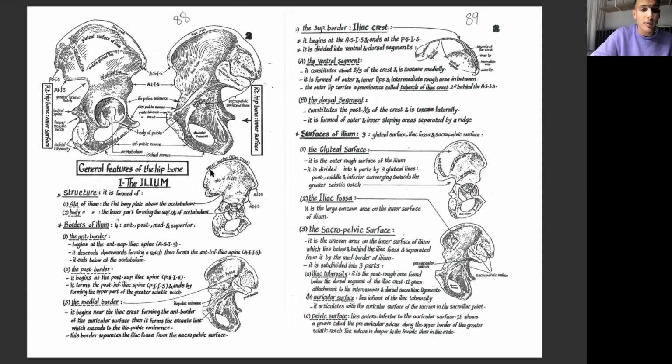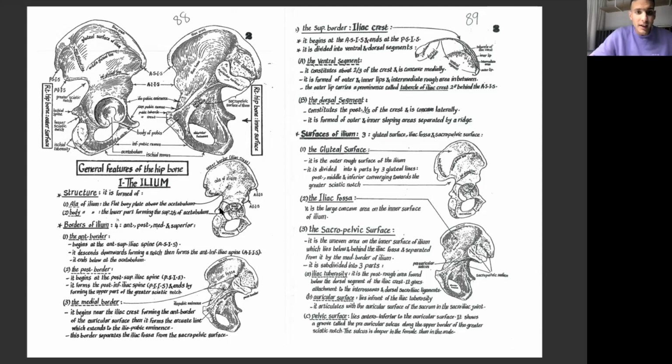And what is this upper border? It is called the iliac crest. Okay, the ASIS, what is it called? It's called the anterior superior iliac spine, and this second edge is called the anterior inferior iliac spine, and then you reach the acetabular